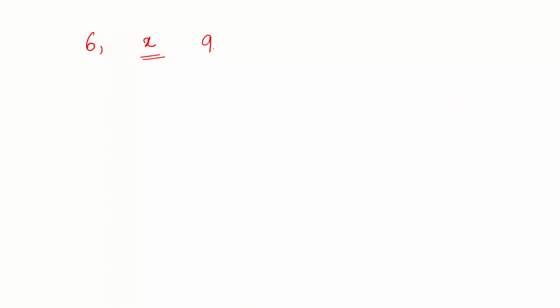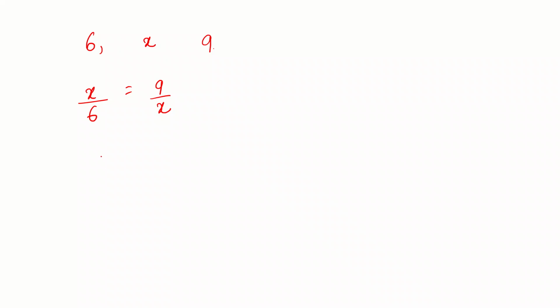So how can we find out such an x? Well, that's simple. We know that for these three numbers to be in GP, we need this squared to be this times this. Remember why? Because we want the common ratio x by 6 to be equal to 9 by x, which is the common ratio, for both of these numbers, and only then we can have these numbers to be in GP. So this divided by this should be equal to this divided by this. Alright, so let's find out what is x.